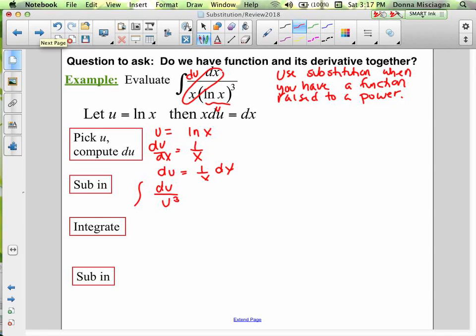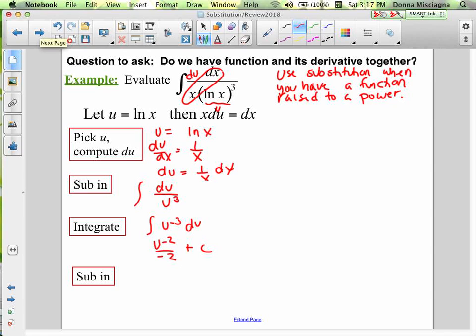So that would be the integral of u to the negative 3 power du. I realized it would probably be just easier to deal with it after we substituted in the u's, and then we could deal with changing that exponent to a negative exponent so it wasn't in the denominator. And now we can just use the power rule. So we increase the exponent by 1 and divide by the same thing. Right? So this would be u to the negative 2 power divided by negative 2